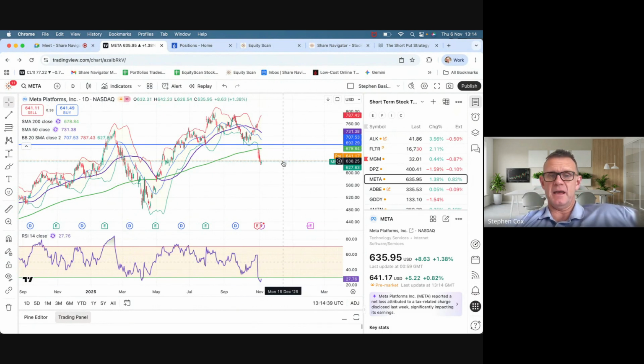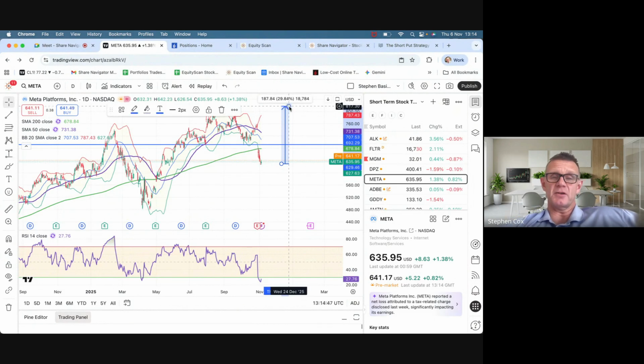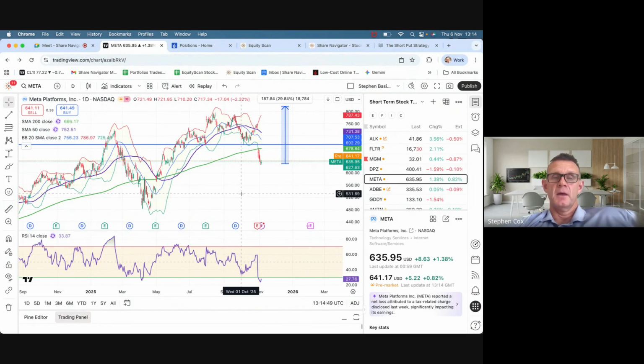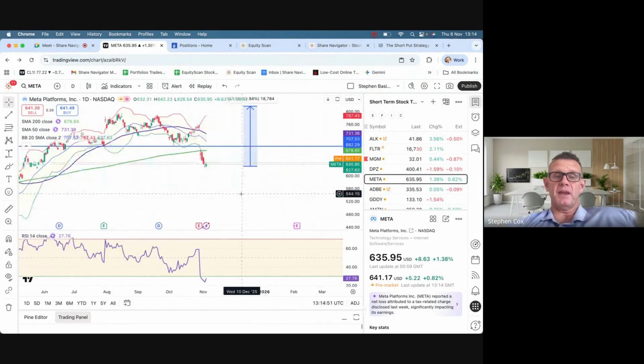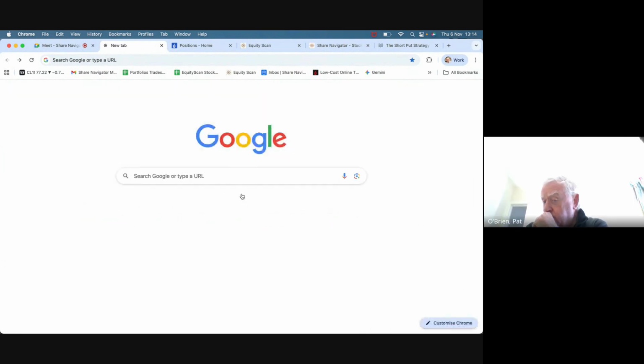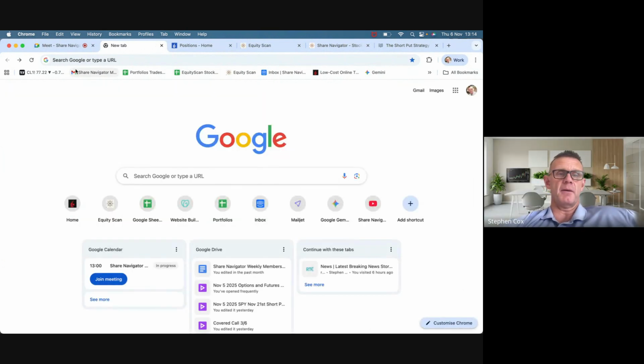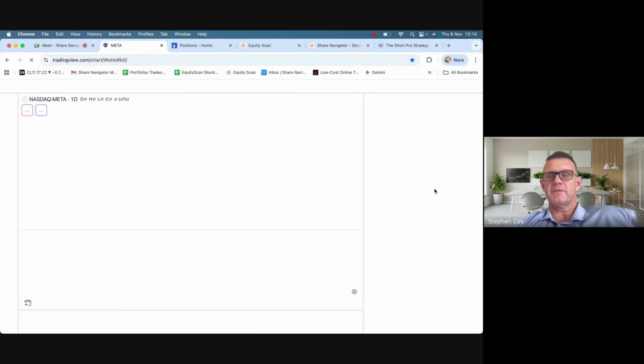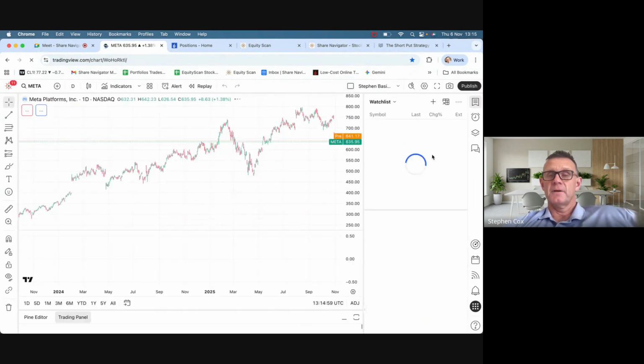And from where it is now, that's almost a 33% upside. So if we go, I think it's up around 815. So it's 30% upside from where it is right now. Am I ready to jump in yet? No, I'm not. Because I just think, apologies, that if the market does sell off,